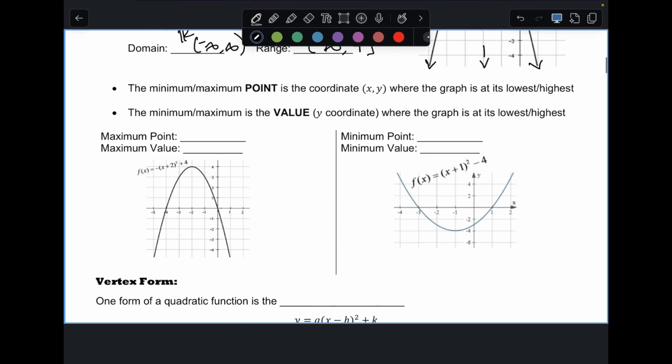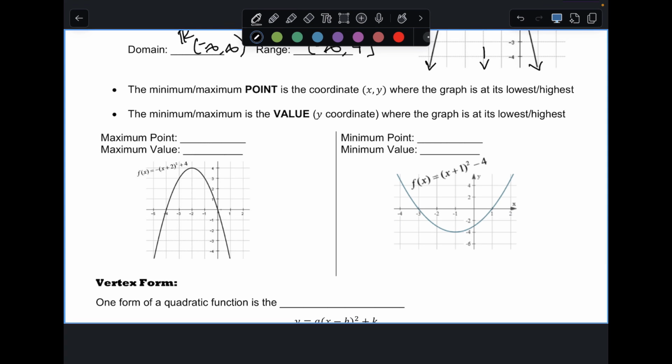Okay. Two more definitions. These ones are pretty straightforward. The wording is just a little weird. If a question asks you for the maximum point, notice I bolded the word point because the next definition is nearly identical. Maximum point is the actual ordered pair where your graph is at the highest or lowest in the entire graph. So here,